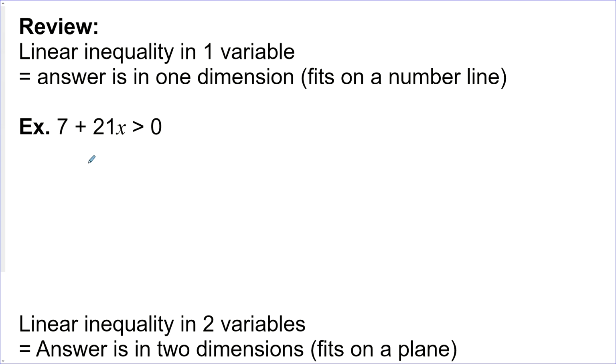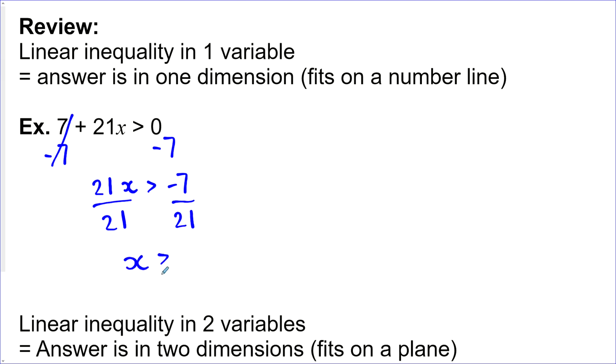So our first one here has just one variable, so it's going to fit on a number line, which is one dimension. Subtract 7 on both sides. We got 21x is greater than -7. Divide both sides by 21. We get x is greater than